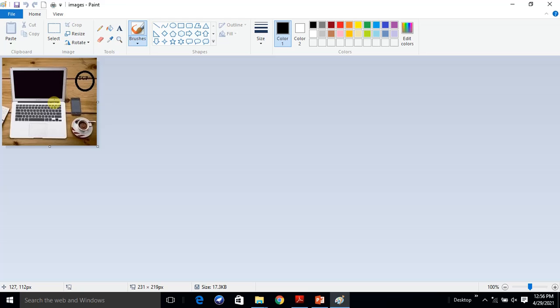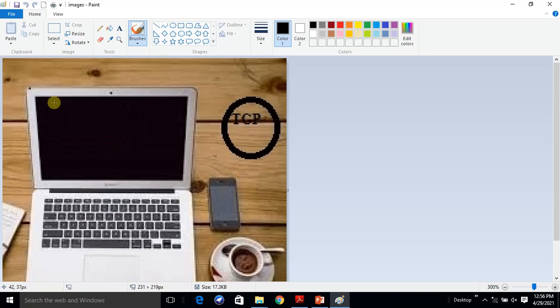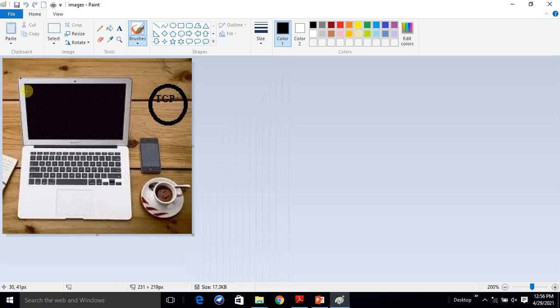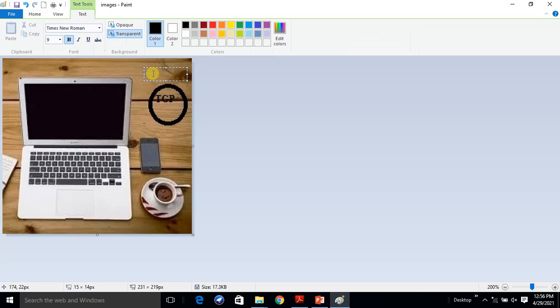Now if you want to find out the coordinates of the laptop, the laptop is a type of rectangle. So we require the x coordinate and the y coordinate. What coordinates do we require here? First, the x coordinate.